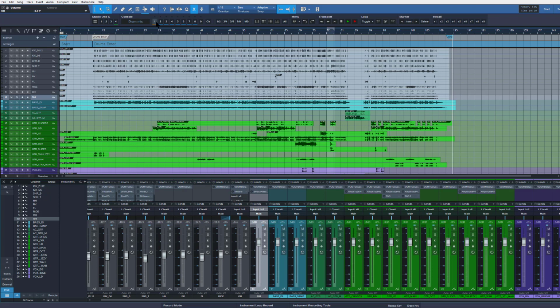So let's say we want to edit one. So stick it into there, and let's say we want to change these guitars, move it up